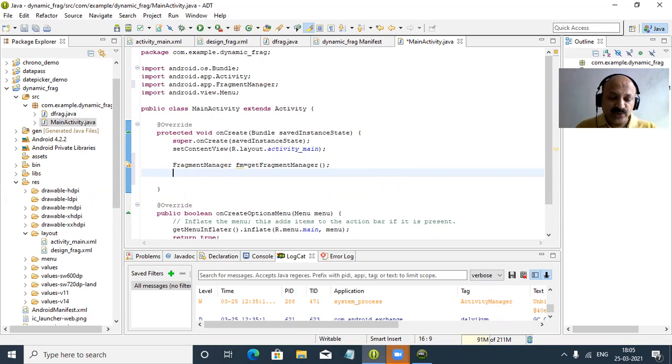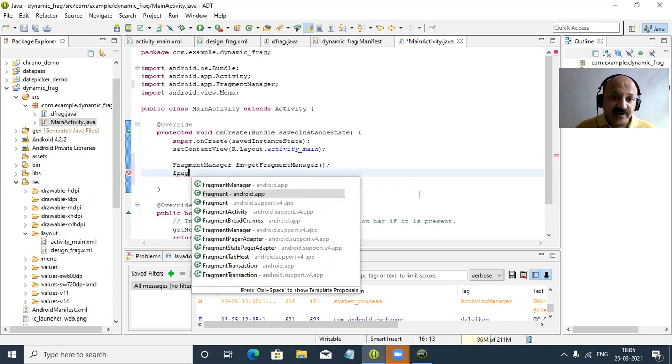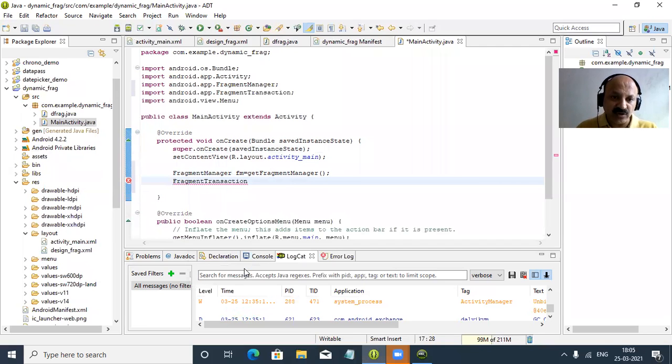And now what to do? Next is the FragmentTransaction class. You can look here, it is also in the same package. Attach and detach, onAttach and onDetach, are part of the life cycle of a fragment.